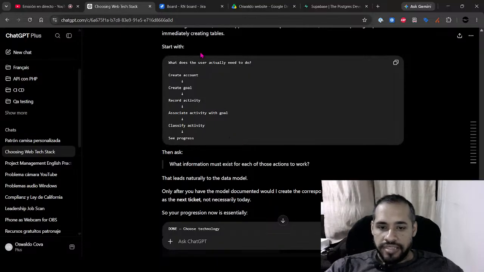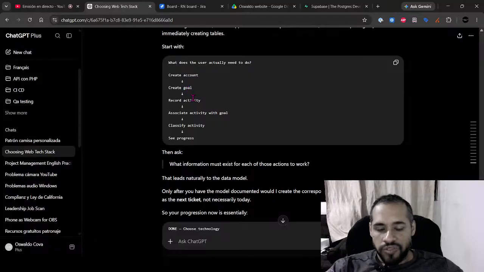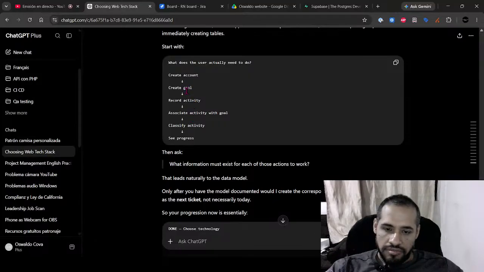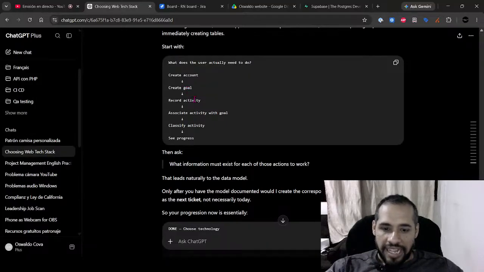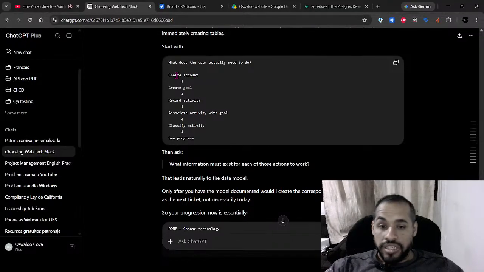As you can see here, ChatGPT already gave me a flow of the actions that each user does when they access the app. For example, we need to create an account, and for that action, we need information about our user.